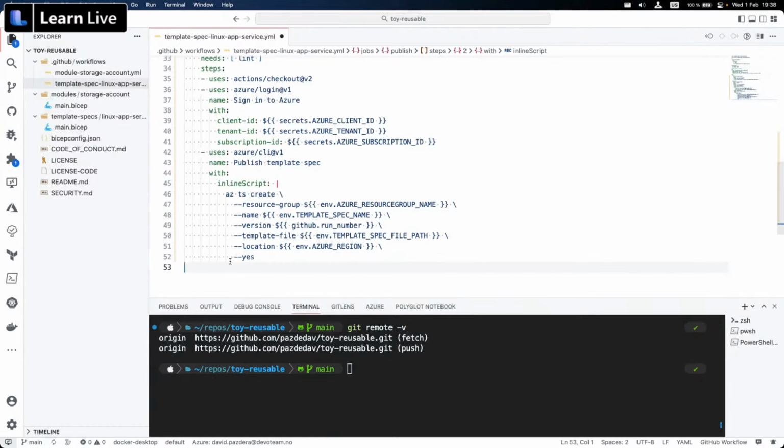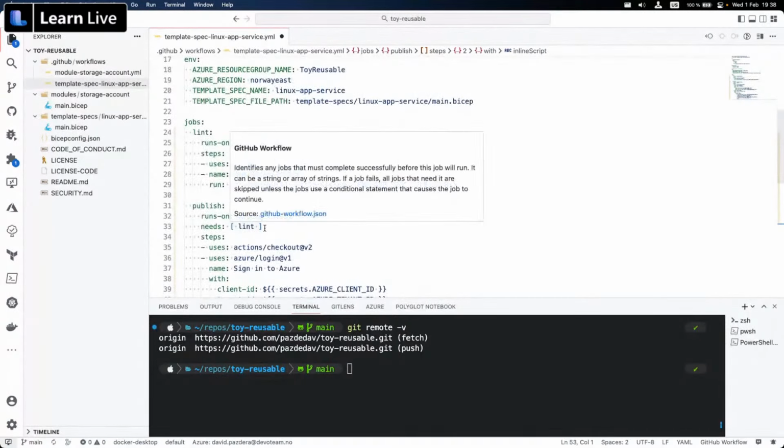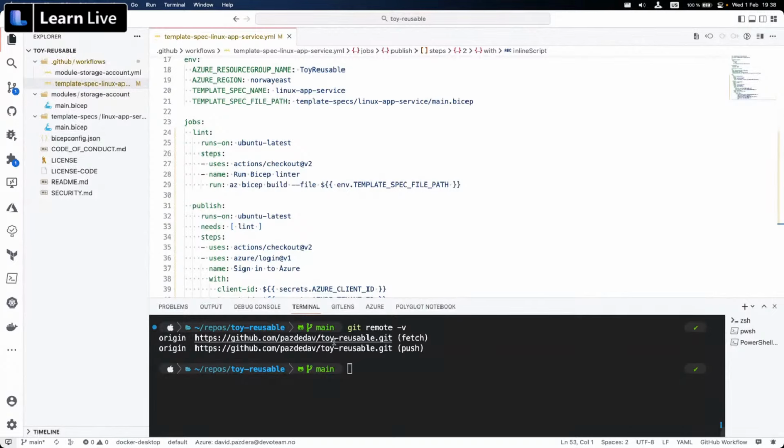So let me now, if it seems that we are happy with the new version, I will just save it, and I will